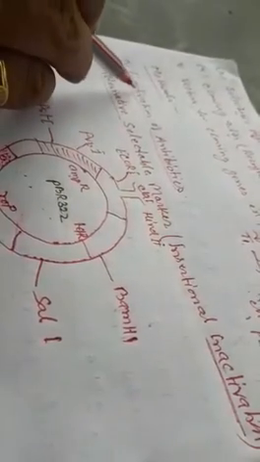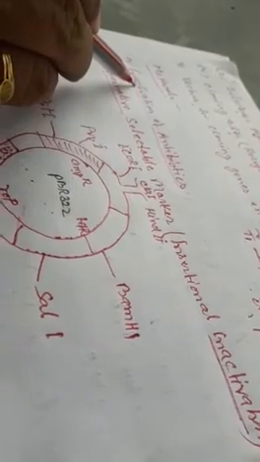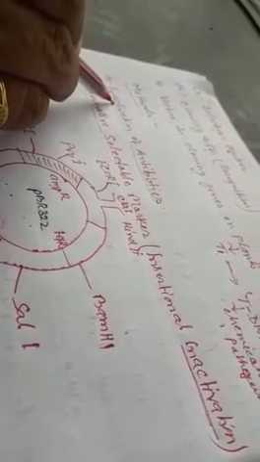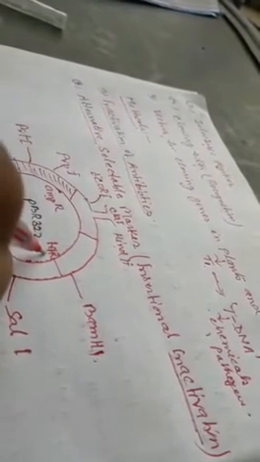If a foreign DNA ligates at the BamHI site of the tetracycline resistance gene in the vector PBR322,